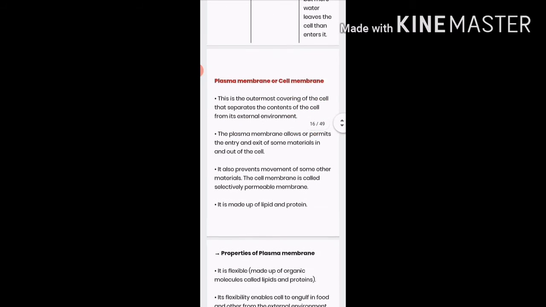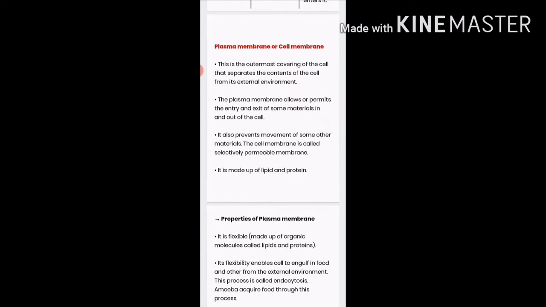Now let us go to the next topic, that is, now we are coming to the parts of the cell and the cell organelles. The outermost limiting membrane of the cell is called cell membrane, or it is also termed as plasma membrane. This plasma membrane is a bilipid phospholipid layer, and in between these phospholipid molecules, protein molecules are embedded. This plasma membrane is a semi-permeable membrane. It means it allows only certain particles to let in, that is, only those particles which it is in need of, and doesn't allow the other particles to enter the cell.